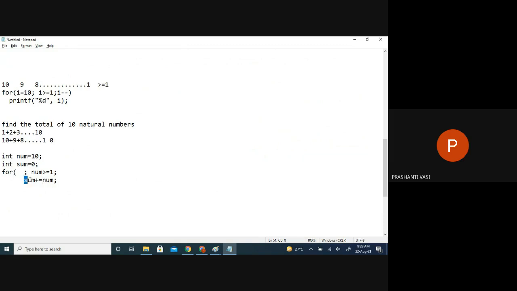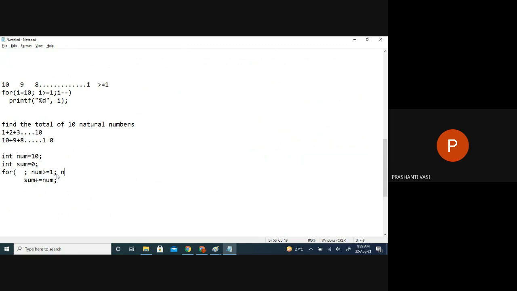A better notation: don't write sum is equal to sum plus num. You can just write sum plus, meaning sum is added with which number? Num. Whenever you're updating information, I'm updating sum by adding the numbers in this range, from 10 to 1.